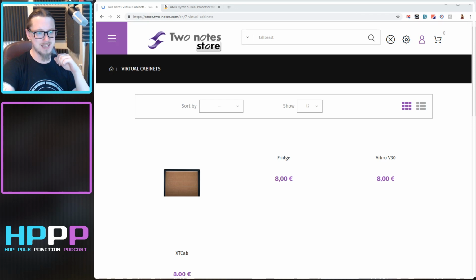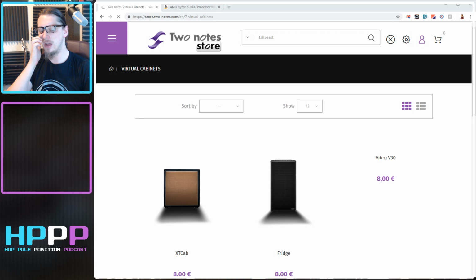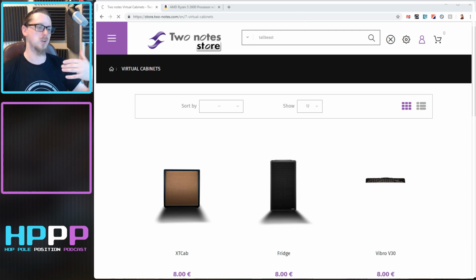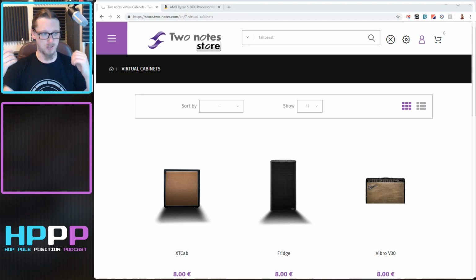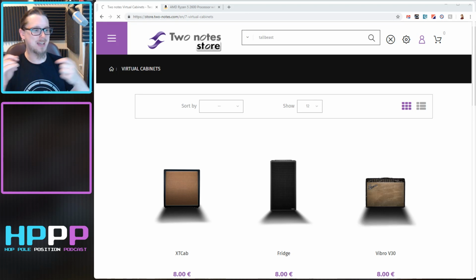While this is loading up, David just acquired a Yamaha SPX90. Yes, I had one of those, an SPX90, for a year or so. I kind of regret selling it, but I just don't use outboard a lot, which is why eventually I sold it to help fund other studio purchases. But the plate reverb on the SPX90 is beautiful on a snare. It's wrong, it's got loads of background noise, it's hissy as you like, but that snare sound,